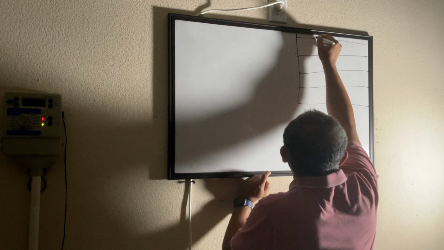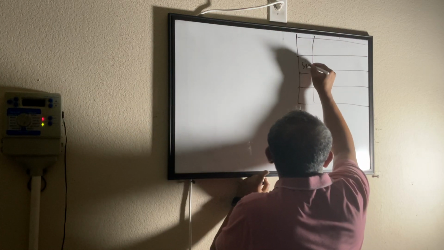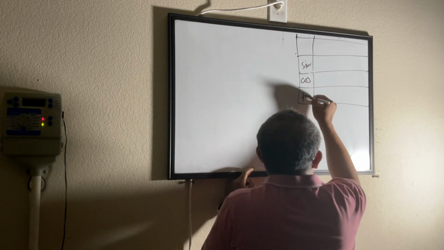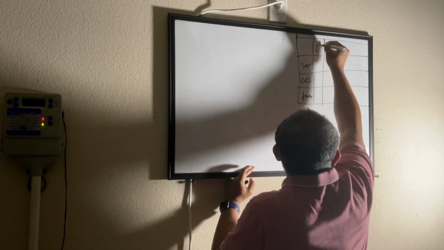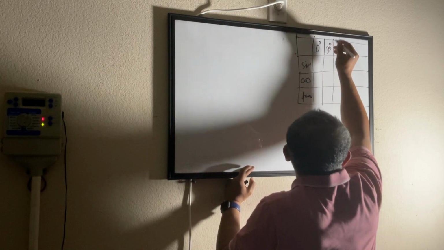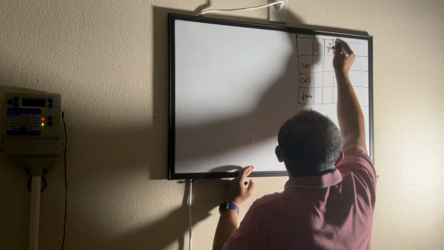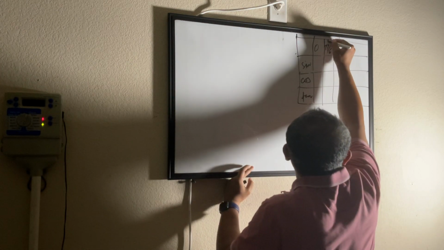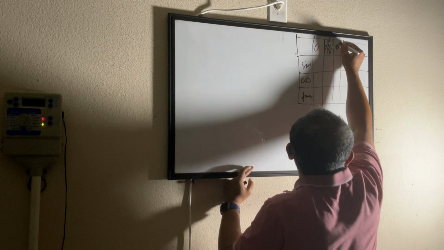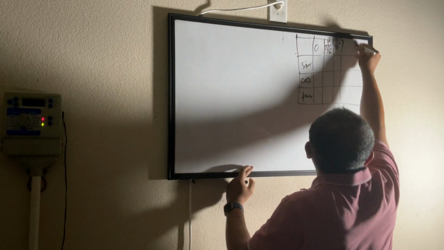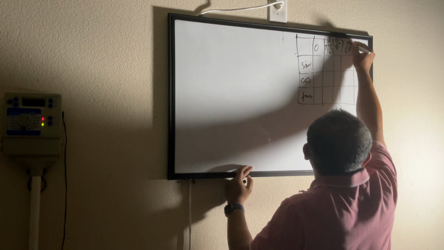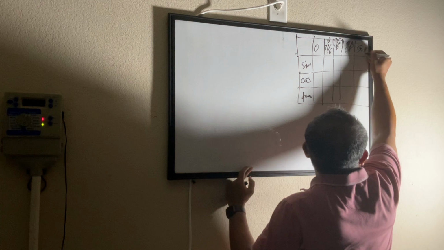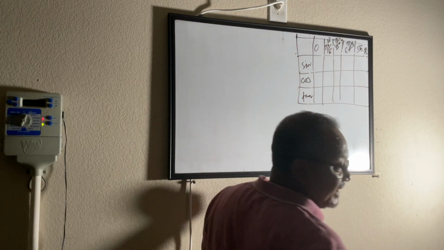some time ago I had created a table of sine, cos and tan values for the most commonly used angles, or let me say 0. At 30 degree I will put that in radian, okay? Pi by 6 radian or 30 degree, whatever makes it easy. 45 degree or pi by 4 radian. 60 degree or pi by 3 radian. 90 degree or pi by 2 radian. Okay? And then